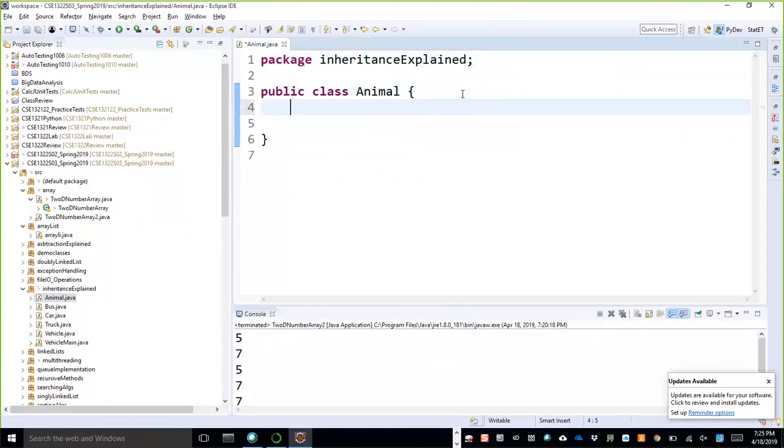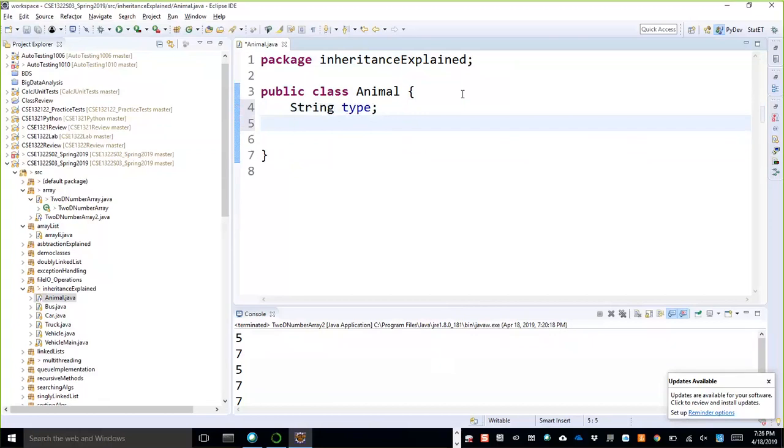And let us add at least two features, two attributes. So String type. What type of animal? Maybe human, it may be bird, cow, cat, dog, anything, right? That will go in my type.